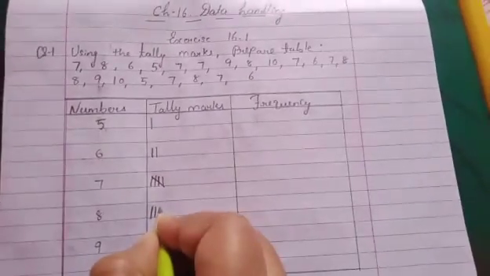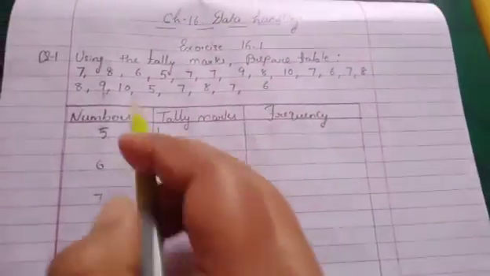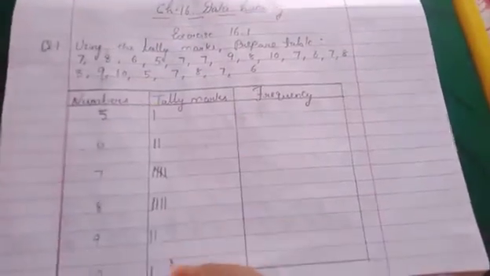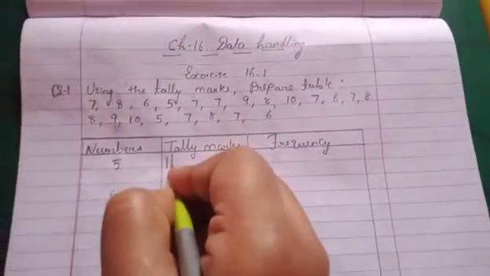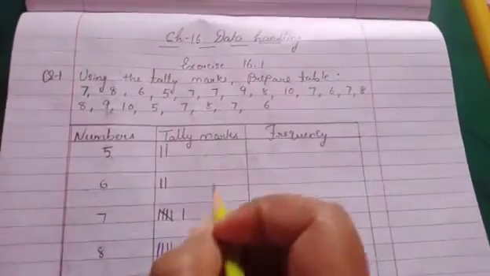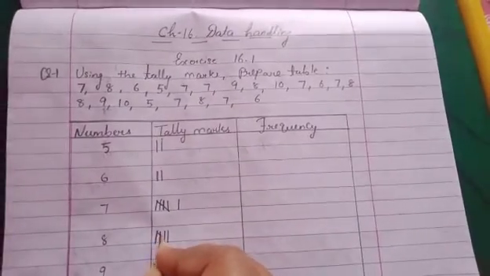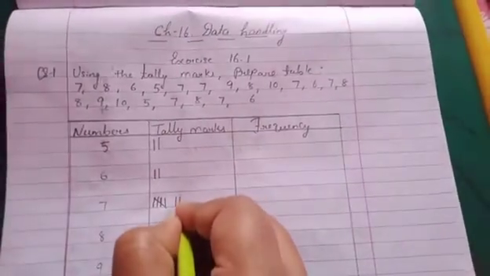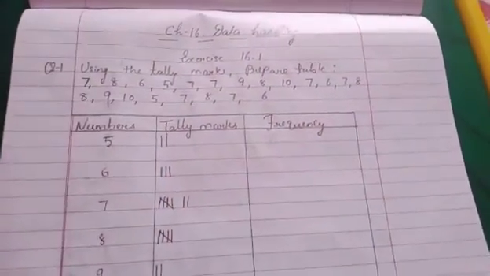So in number 8 we will make the tally mark. Then again 8. So the fourth tally mark. Then after that 9. So the second tally mark. Then 10. So the second tally mark. Then 5. Then the second tally mark. Then 7. Now the sixth one. Then 8. Here also 4 have happened. So in 8 we will make a crossed standing line. Then 7. So the seventh one. Then 6. The third one. Okay, so now we have to count and write.